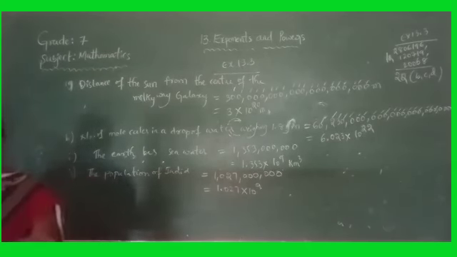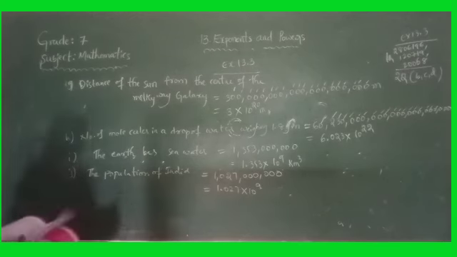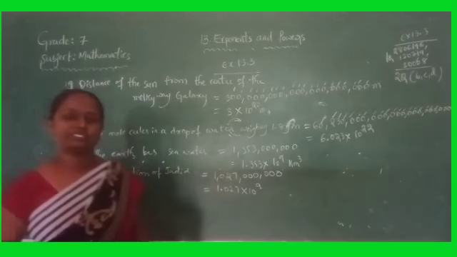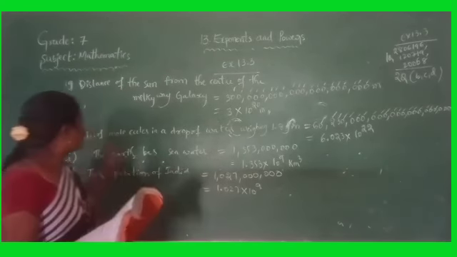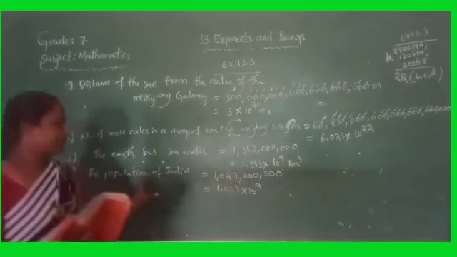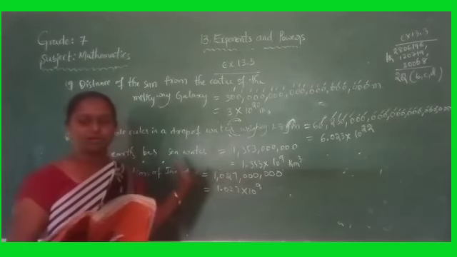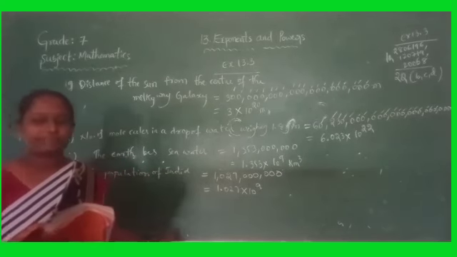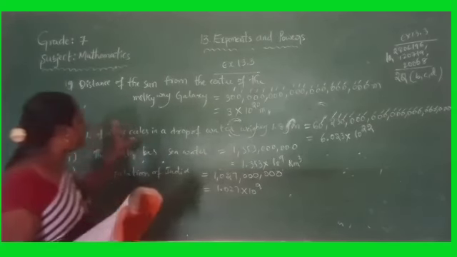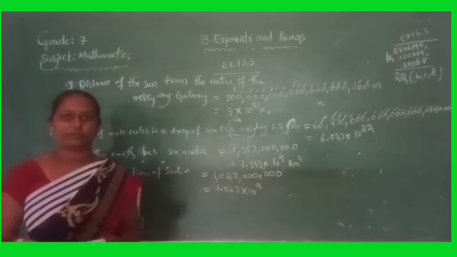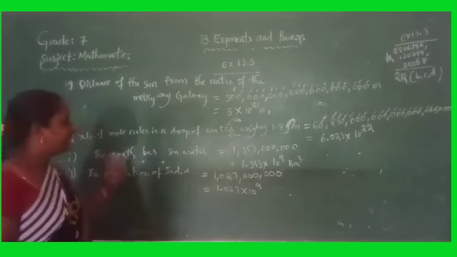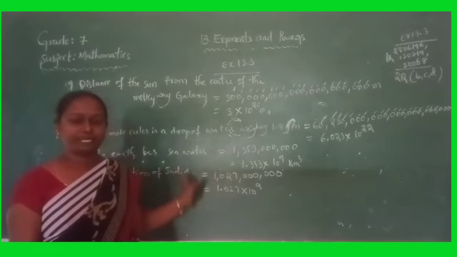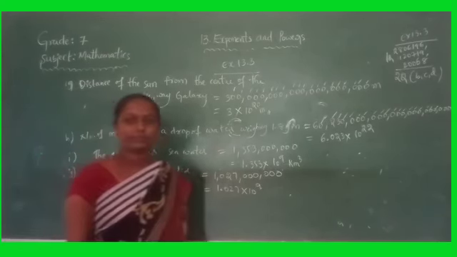Okay children. So these all are using the powers we have written large numbers conveniently. Okay. So to write all these large numbers conveniently, we use the powers. So this is the main use of exponents. Okay. So how to write the standard form? There is a decimal point, and it is multiplied by a power of 10. Then only we can say that the number is in the standard form.